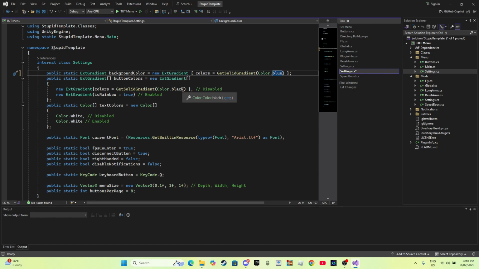This is what you want to have the color as when it's untoggled. So I'm going to put that as red. Then you just paste in my code right here as well, paste in there like that. And then you just change